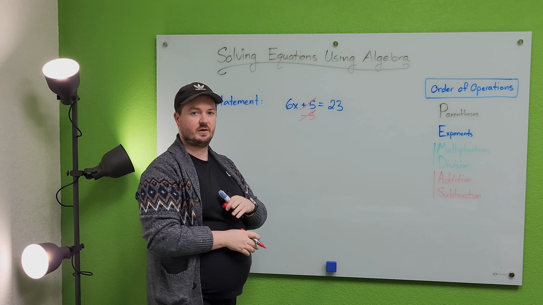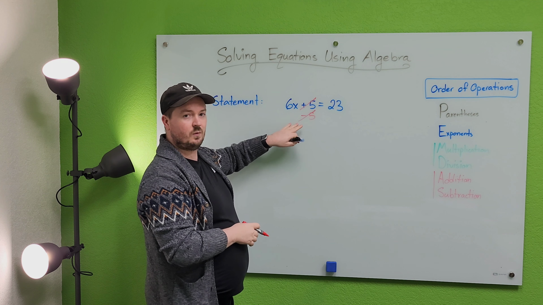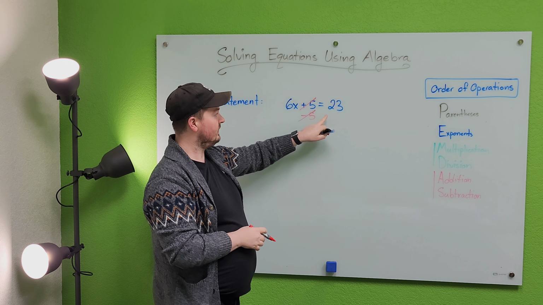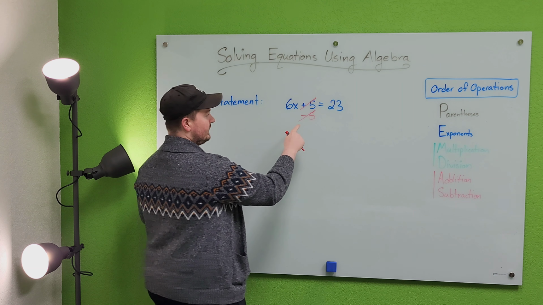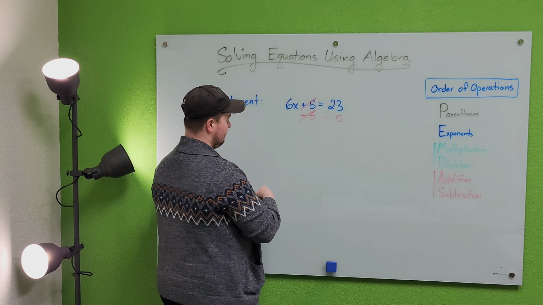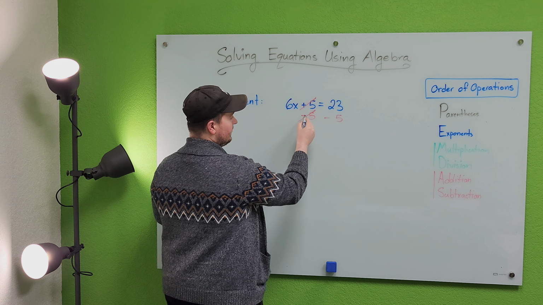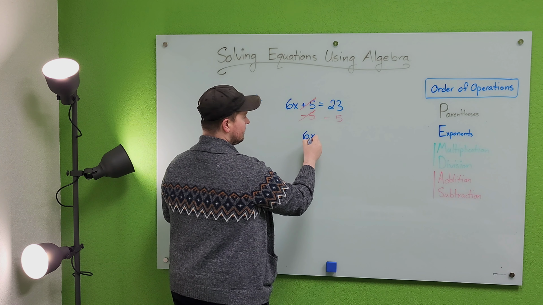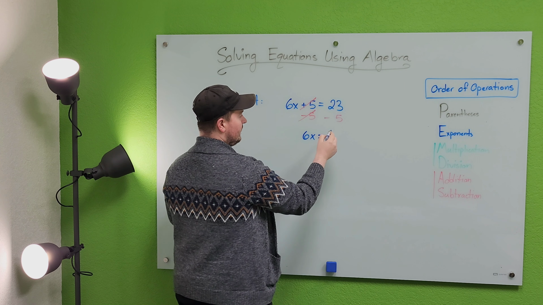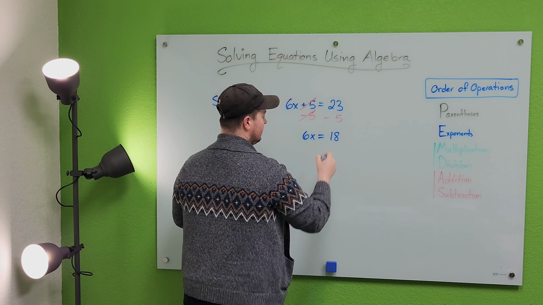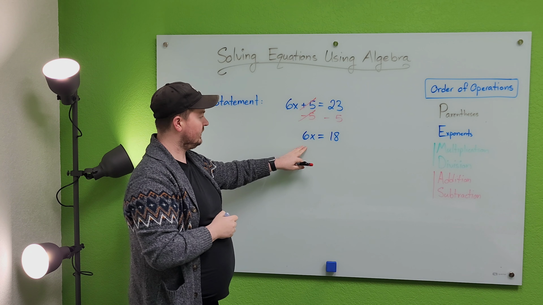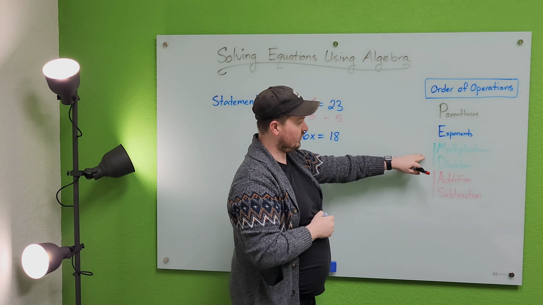But the important thing to remember is no matter what you do to one side of the equation, you have to do the same thing to the other side of the equation. So if we subtract 5 from one side, we need to subtract 5 from the other side. So all that's left over here is 6x. I'm going to bring down the equal sign, and now 23 minus 5 is 18. Well, there's no more addition or subtraction, so now we can move on to ask, is there any multiplication or